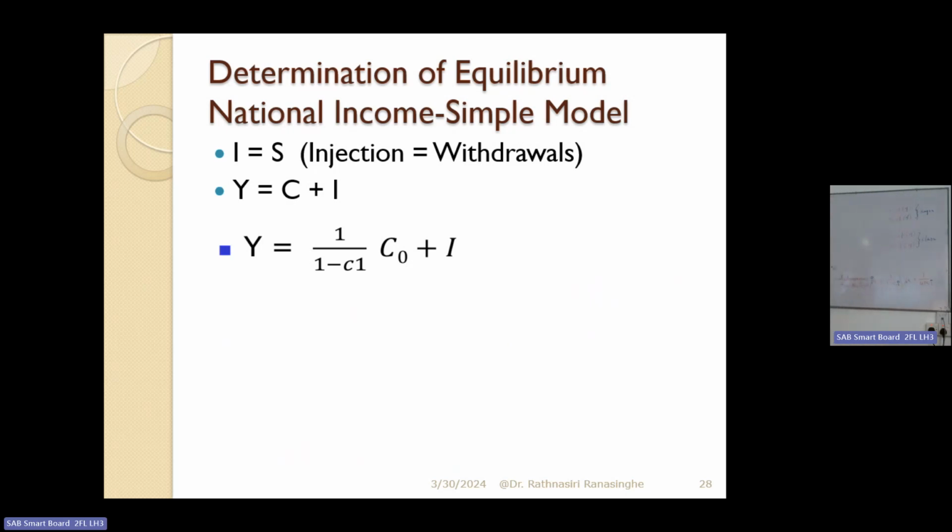So then you can find the autonomous expenditure multiplier. It explains the responsiveness of income due to change in the autonomous expenditure. Here the autonomous expenditure is autonomous consumption and autonomous investment. So that is the macroeconomic equilibrium in a simple economy. We assume here only the two sectors, household and the firms. But you must remember there